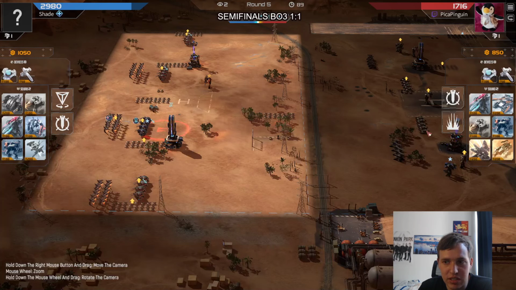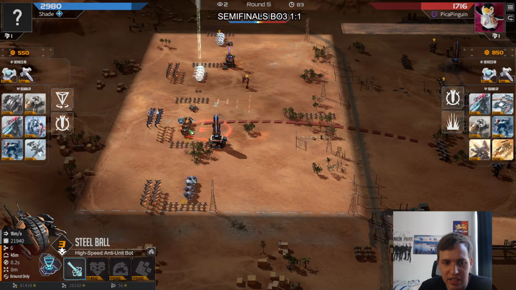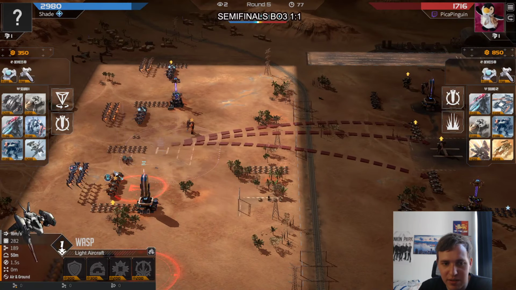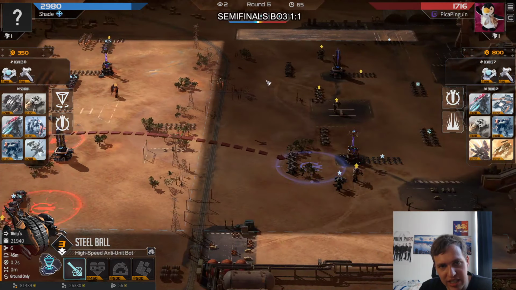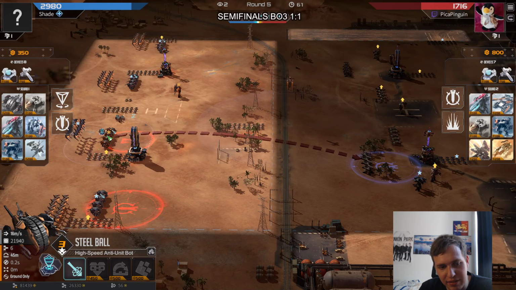Orbital versus... Skip? Seems like Skip here for Shade. These steel bolts are going to die. More Wasps coming around. Even with damage sharing, I don't believe they would survive. Well, no. With damage sharing, they actually might survive, but there's not enough money here for Shade for that. So this round will go for Pika most likely, as these level 4 steel...